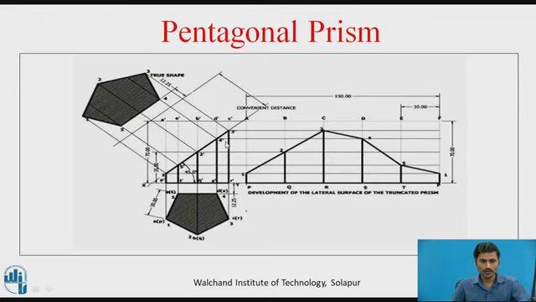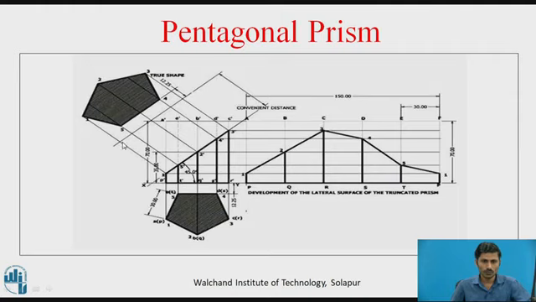Now, once it is cut, if the observer is here, then to draw the true shape of this cut object, the observer must be here. Before that we need to draw one more x1 y1 line here. This is parallel to this inclined edge. To draw the true shape of this surface, we need to transfer the projections from 1, 5, 2, 4 and 3, which are perpendicular to this intersection plane, that is x1 y1.